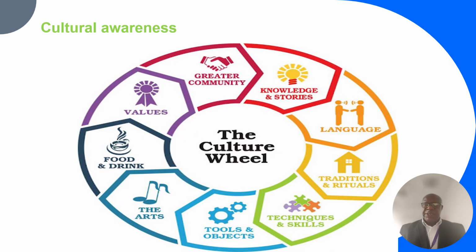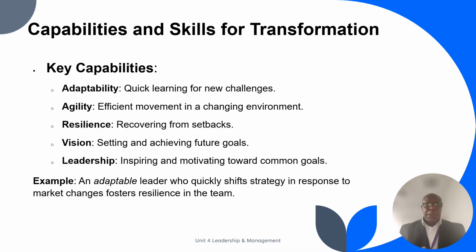Next, we look at capabilities and skills. Capabilities and skills for transformation. As employees, people want to transform from one place, one form to the other, from one position to the other. So as managers, we need to be able to look at the capabilities and skills that will enable transformation. We should look at adaptability, quick learning for new challenges,